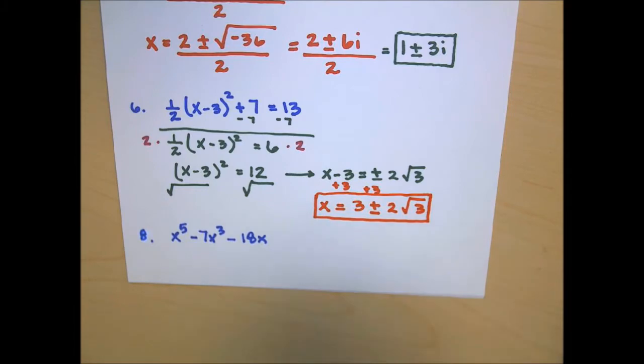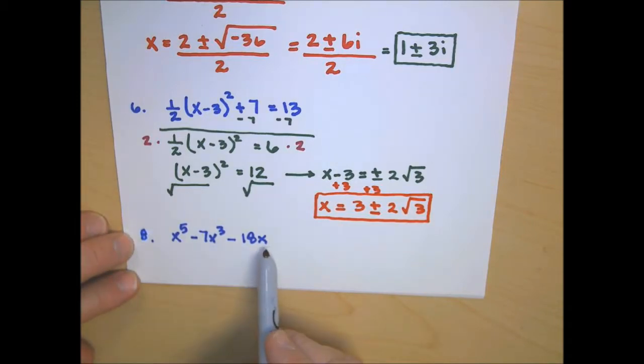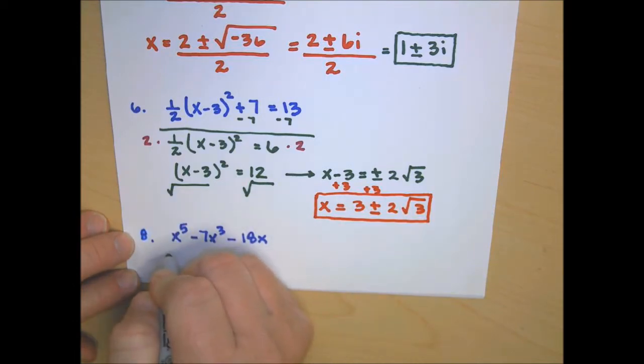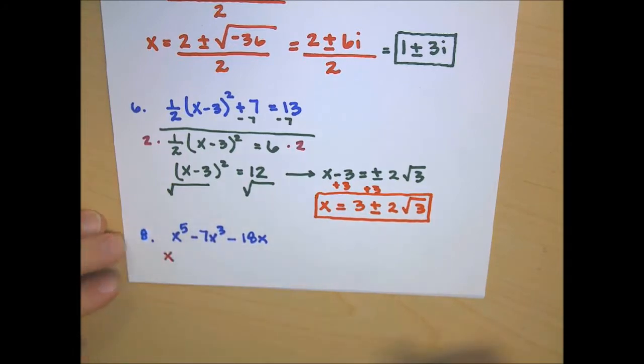Okay, on to problem 8. Problem 8's a factor problem. Okay, there's no equal sign, so it isn't a solve. I do have a GCF, and that GCF is x. So I'm going to factor out the x. I'm going to be left with